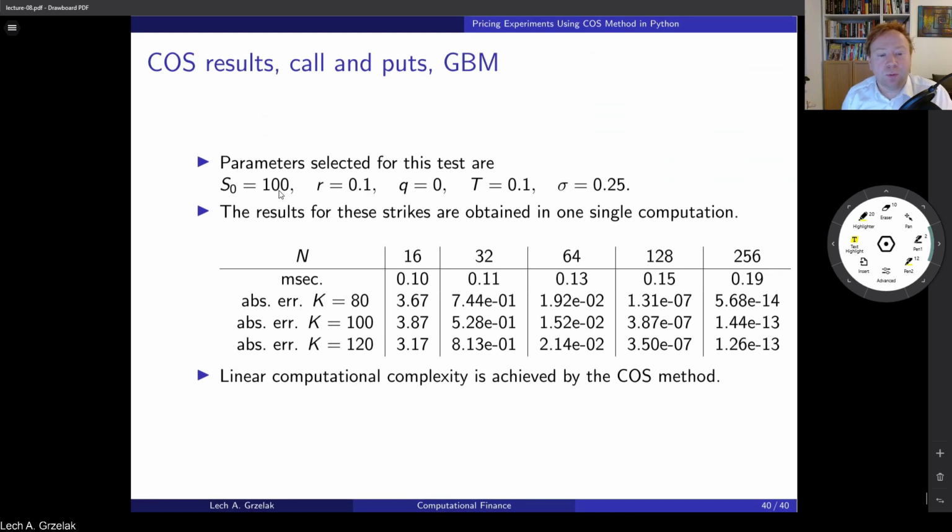Here's a small example about accuracy and convergence depending on a number of terms. So here we have some settings: initial stock, interest rate of 10%. It's a very high interest rate. Of course, these days it's very unrealistic. Q, this is something that we discuss more in the book, but this coefficient corresponds to the dividends that could be paid out. But you see it's 0, so essentially this is just the geometric Brownian motion